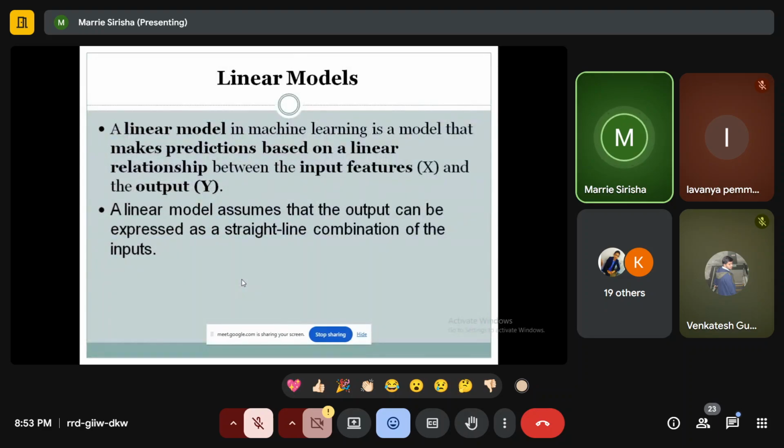Next one is linear models. Linear models, so definition compulsory. What is a linear model? It is a machine learning model that makes predictions based on the linear relationship. Okay, linear relationship, like feature of